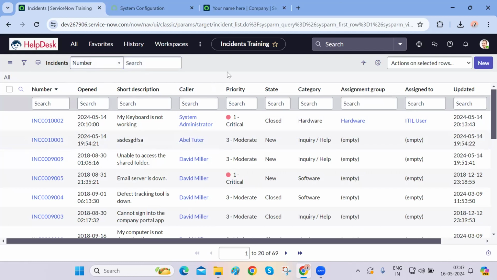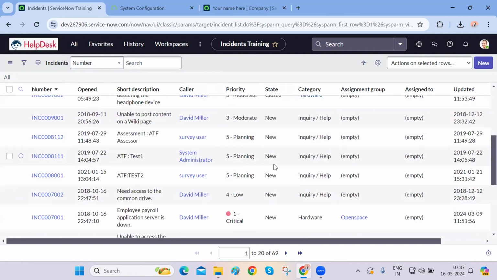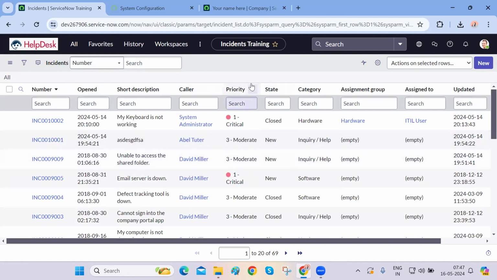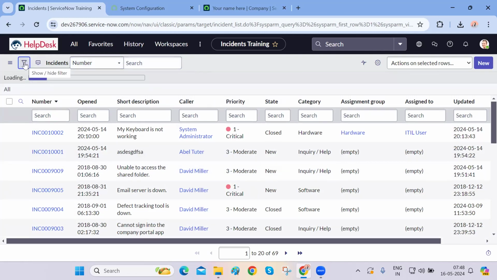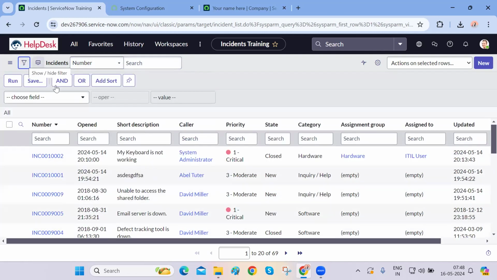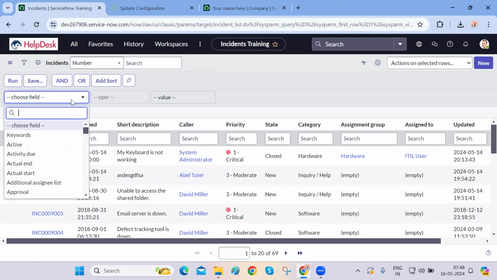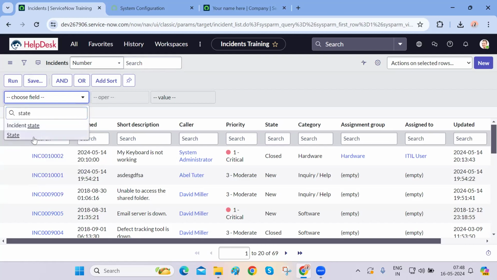So let's say my manager comes up and asks me, okay Gaurav, find out the incidents that are in closed state. Give me the list of all the incidents that are currently closed and not in open and not in new state, any of the states. So the main filter I will apply is I will click on this funnel icon. This is a filter icon, and I can select the drop down and select the name of the field that my manager has given. So I will select state, and state